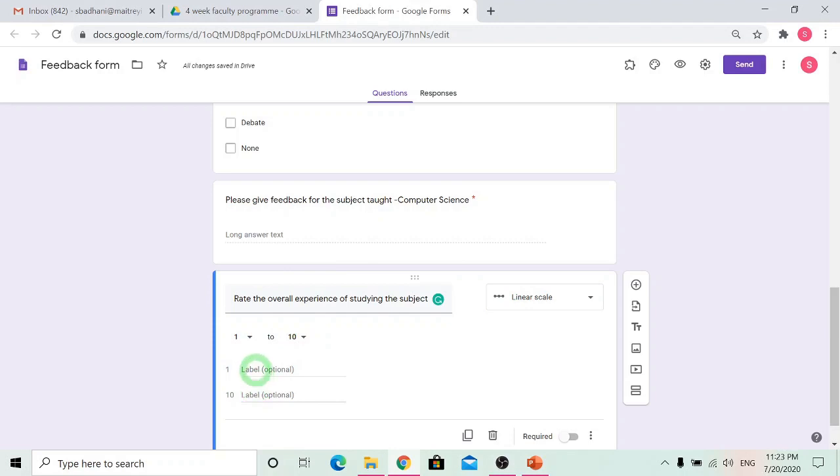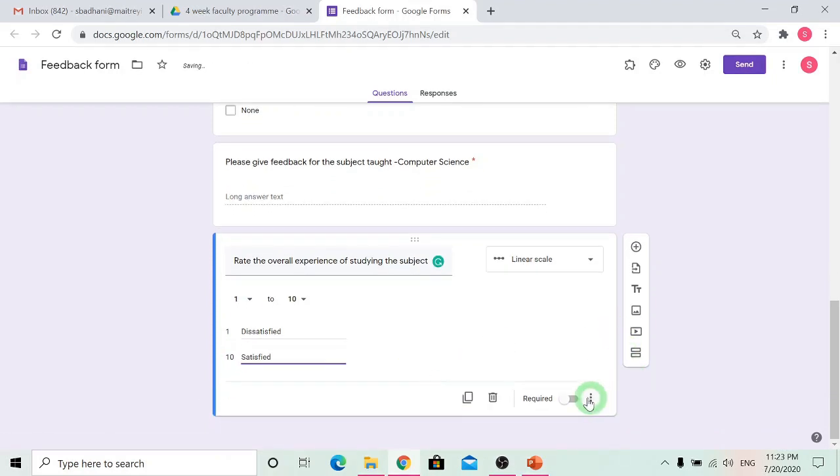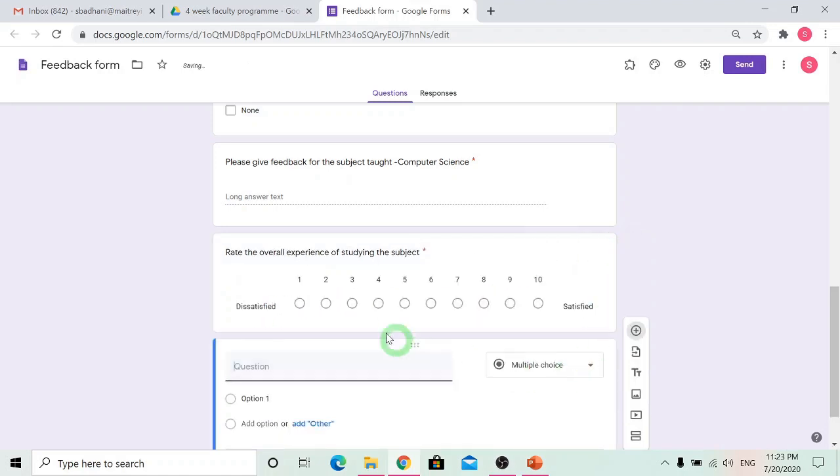You can give labels also to the scales, like what does 1 stand for and what does 10 stand for. So let 1 be dissatisfied and let 10 be satisfied and required. So this will show you a kind of a scale in which a student can select any one of the possible values. Like this. Dissatisfied to satisfied. So these are the labels and this is the scale.